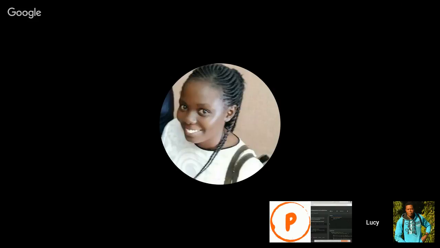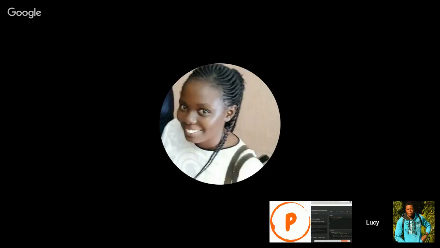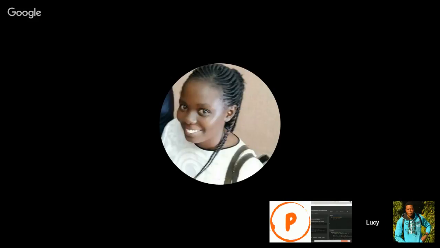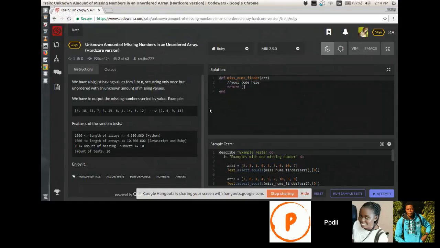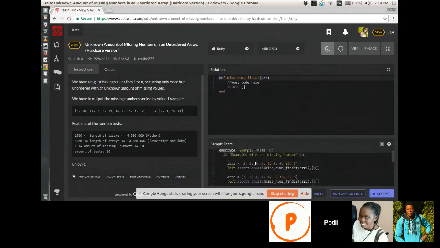I'm just thinking, they're saying that the array consists of numbers that are not sorted. They are random. And then in that random array, the numbers have to be consecutive: 1, 2, 3, 4, 5, 6, 7, 8, 9, 10, 11, 15. But some are missing, so you find them to make consecutive numbers. Let me see from the tests, for this one, we have 1, 2, 3, 4, 5, 6, 7.